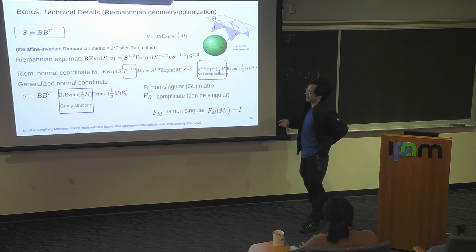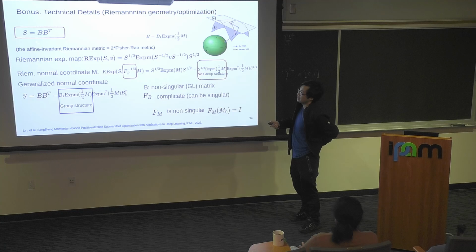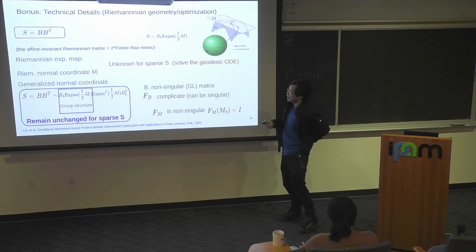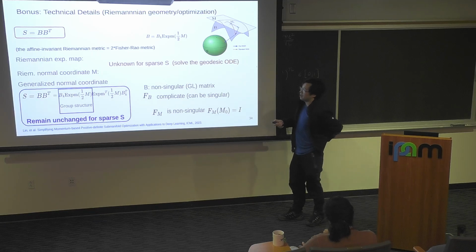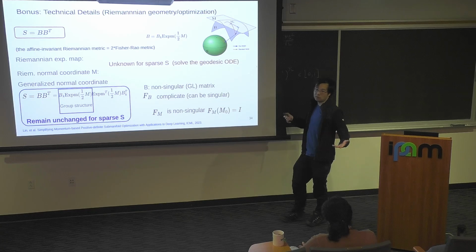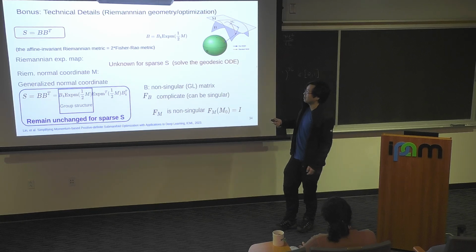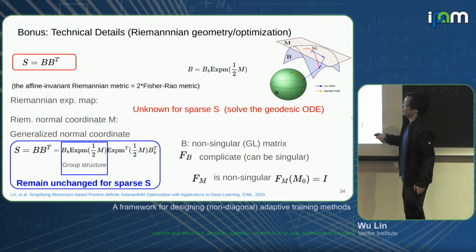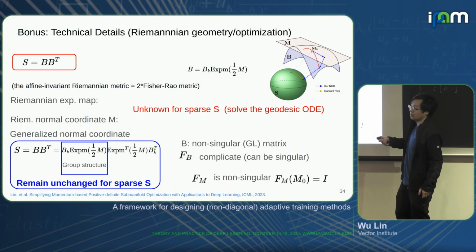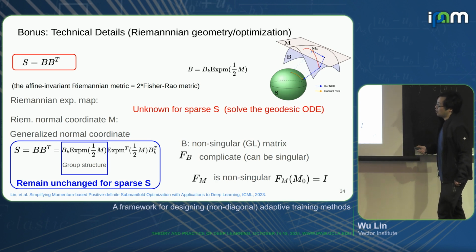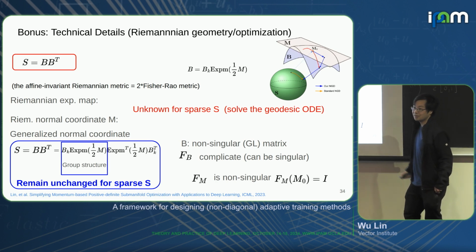But why this matters is that now we consider the sparse case. Consider we construct using a sparse matrix B. In this case, the Riemannian exponential map and basically the Riemannian normal coordinates are unknown, because we need to solve a geodesic ODE, and we don't know how to solve the ODE. So this is unknown. But this map still remains the same. And now, because we have the group structures,